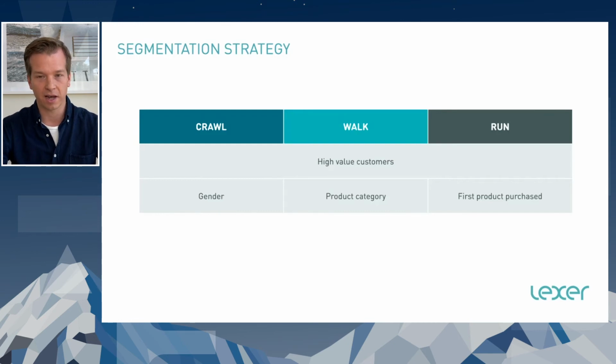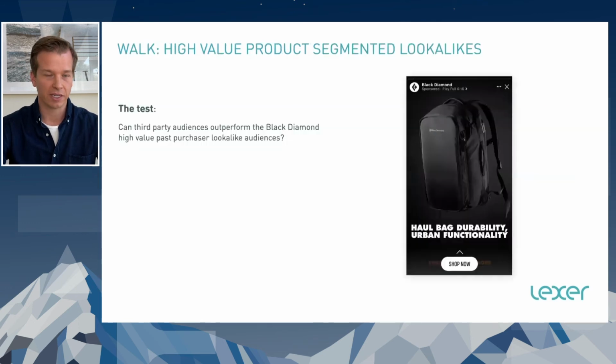And then in the run side, one of the things that we've seen be very successful is to look at the categories of products that customers buy first and understanding if those customers, when they buy that product first, are going to be high-value customers, and using that information to focus your acquisition strategy. So to give you an example of some practical results,